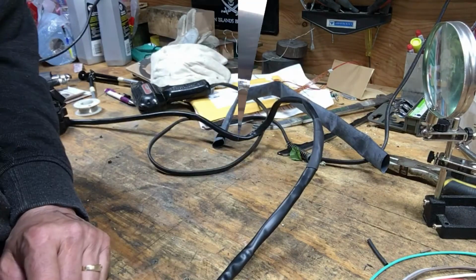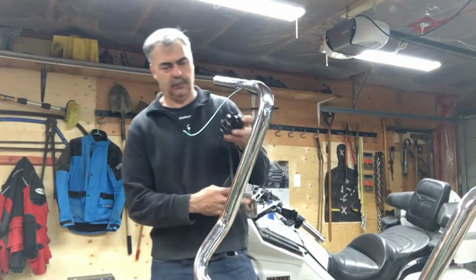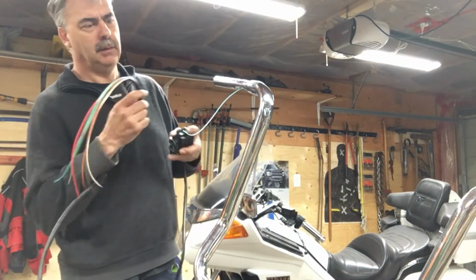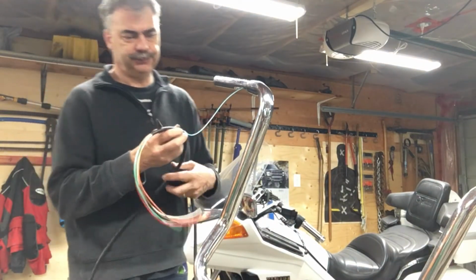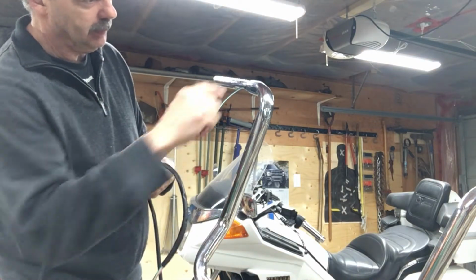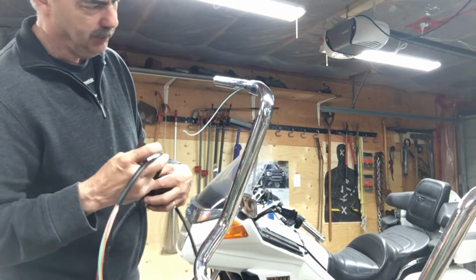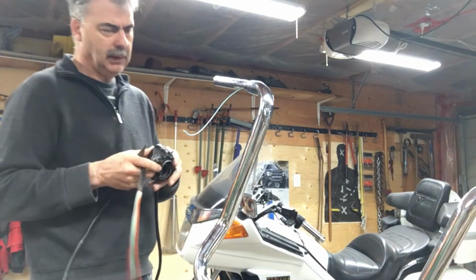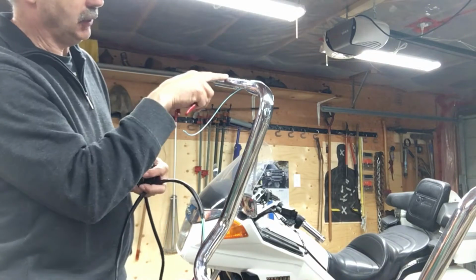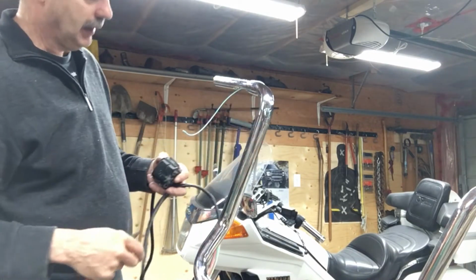Piece of tape around it. I'm going to feed the wires through the handlebar. The owner of the bike wanted to have the wires on the outside there, so you get some black contrast, but it's easier to do with inch bars all the way, right straight through. I think these are 1.25 inches, and